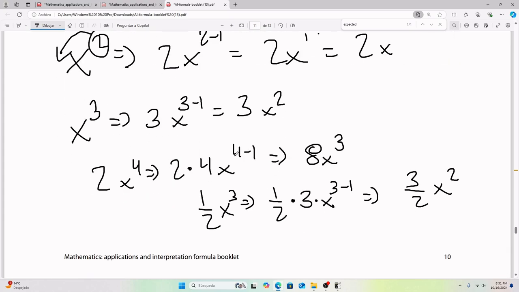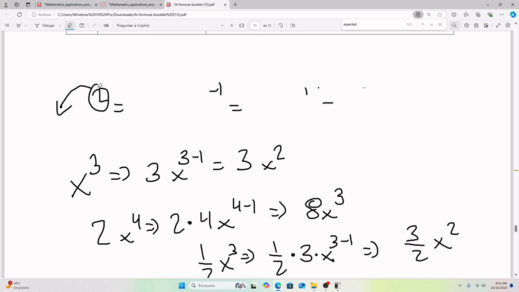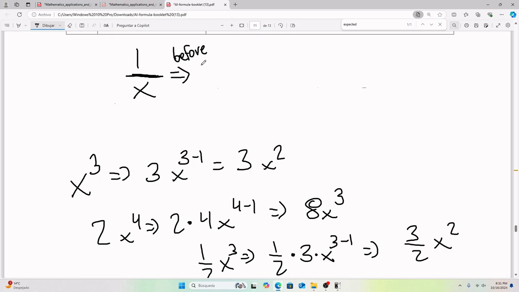Oh, and the last thing I'm going to show you now that I'm talking about this, let's just jump into it. You can skip ahead if you already know it. But you can encounter something like 1 divided by x. So if you need to do the derivative of this, 1 divided by x, all you need to do is like before the derivative, ¿cierto? It's very important that we understand that this is before the derivative. Before the derivative, what you can do is put this x on top, right? And in order to put it on top, all you need to do is put x to the power of